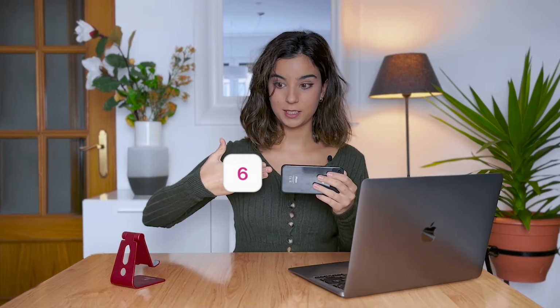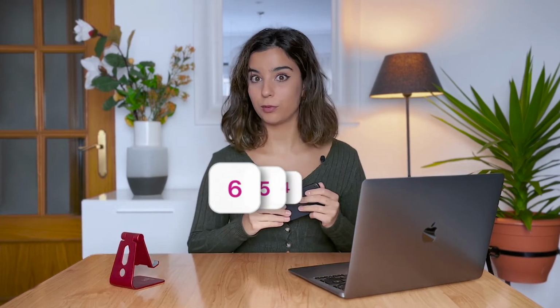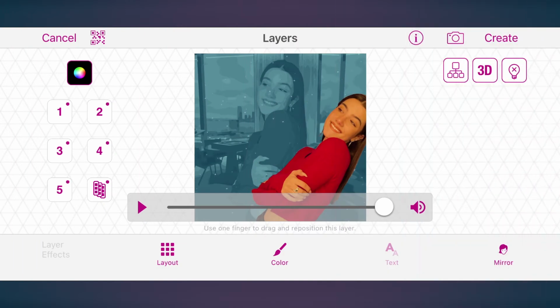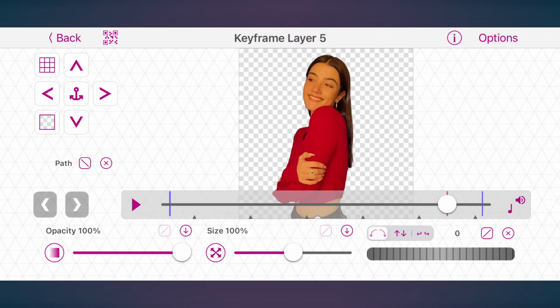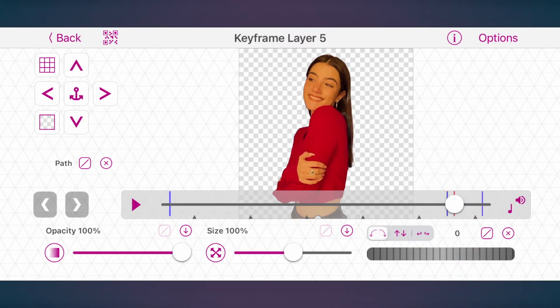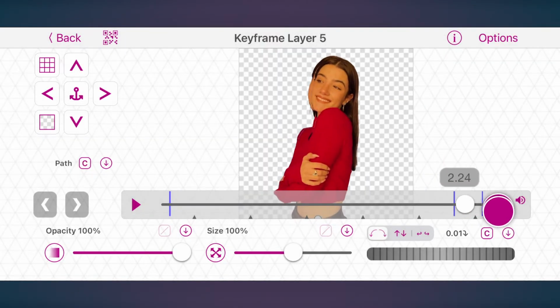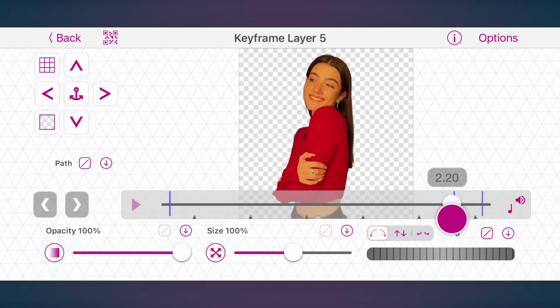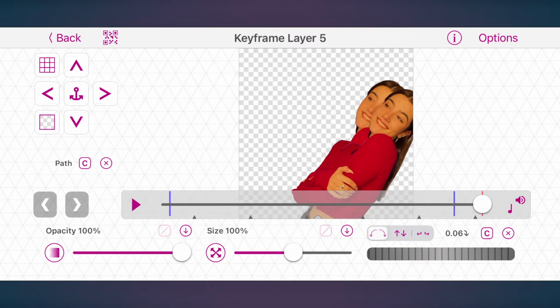Layer 6 is the one that is closer to the foreground, so layers 4 and 5 will be the colorful shadows. Layer 5 is the one closer to our person mask. You need to copy this keyframe about 2 frames farther, like this. Let's show our person mask to see what's going on. It looks like layer 5 follows layer 6, but for it to be more noticeable, change rotation to 6 here.